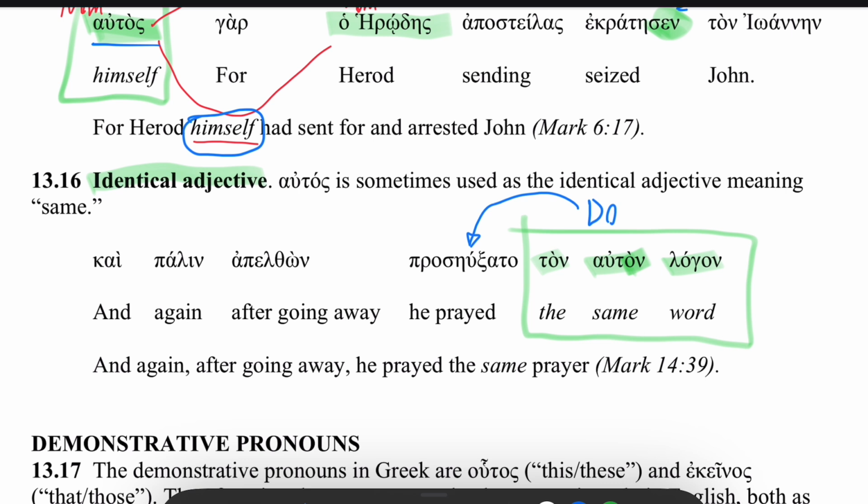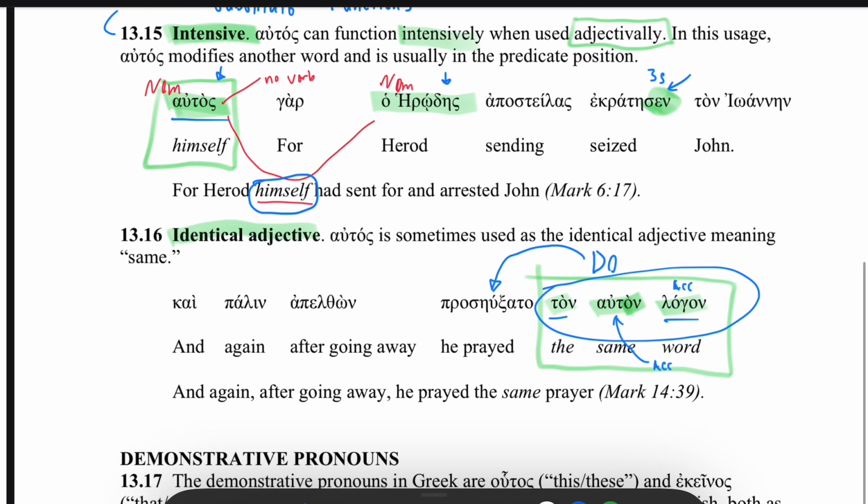So he prayed the word, and then auton tells us, because this is in the accusative just like logon, it's modifying word, or logon. But again, because it's not in the genitive, it's not going to be a possessive, so it's not functioning as an independent pronoun separate from this thought here. And you could think through, would intensive work for this? The word itself, he prayed the word itself. That could be,